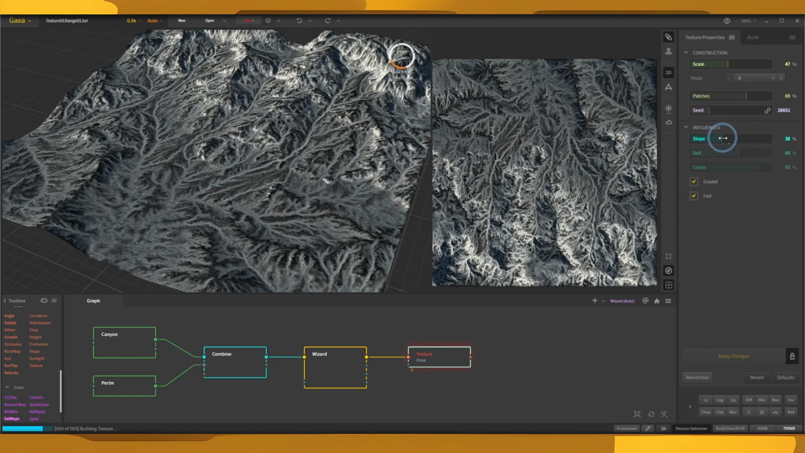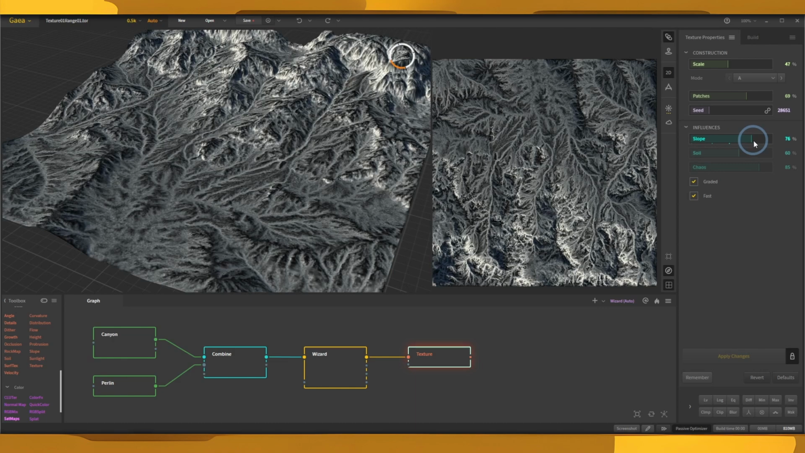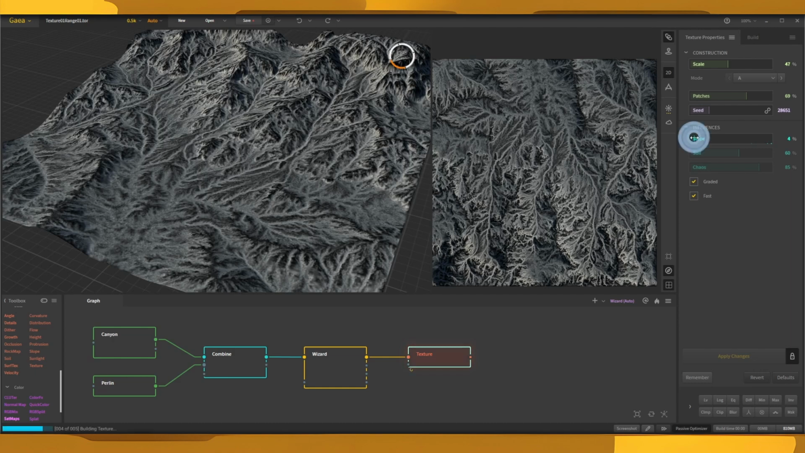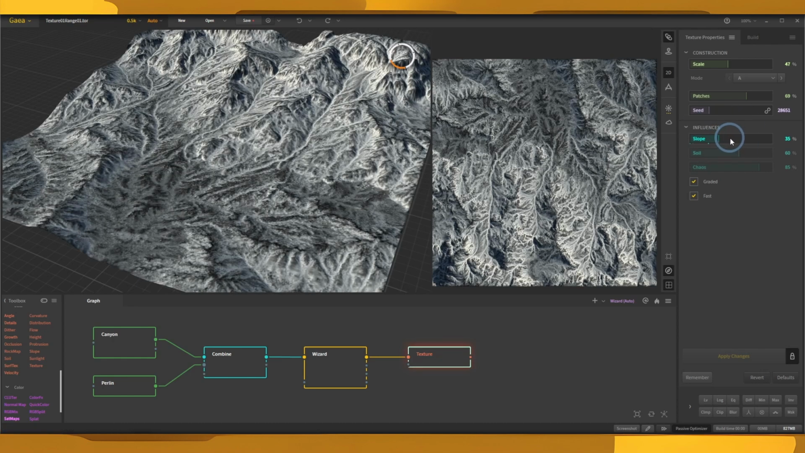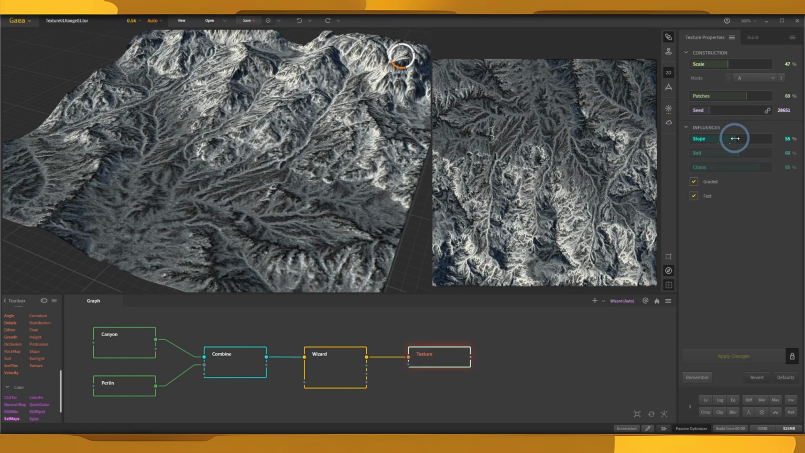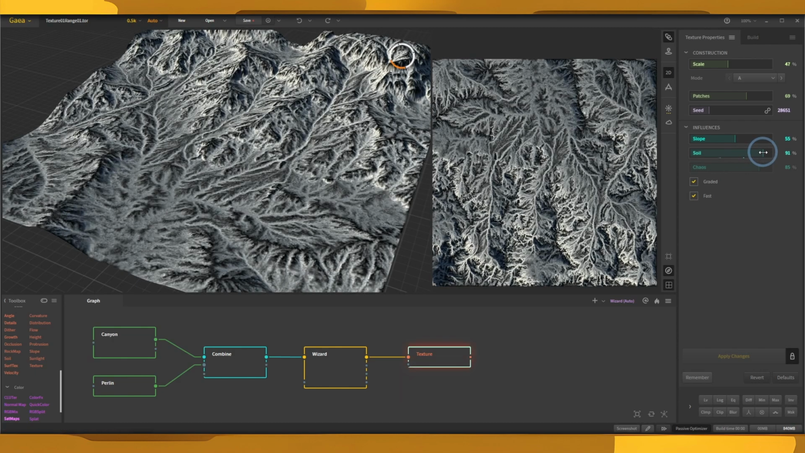Let's increase it and see how it affects the terrain. As you can see, as we pull this slider up, the details get really fine. But if we turn it off almost, look at that, that is cool. I'm going to change it back to about 50. Next is soil. This parameter adds a soil-like texture to flatter areas, which can be useful for creating more natural-looking